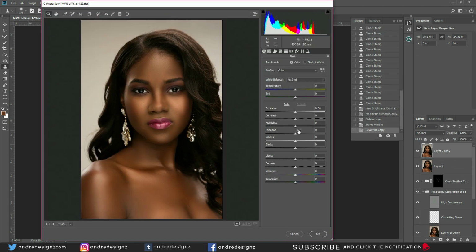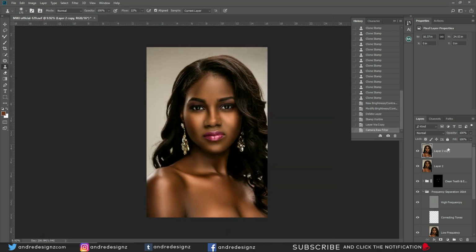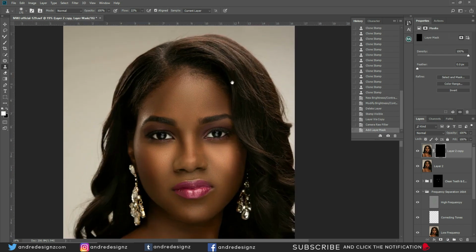Right? And then I'm going to add some clarity to the models here. So clarity, and then I can add a little bit of contrast to it. That looks good. So I'm going to click OK, and then I'm going to apply the mask. So it's Alt and then click the quick mask right here. Then zoom up a little bit